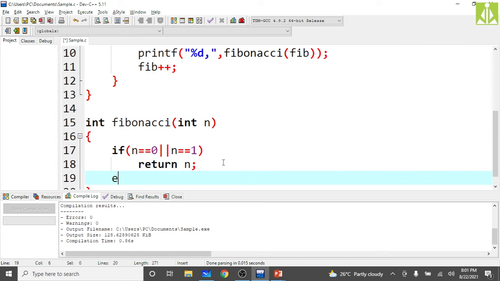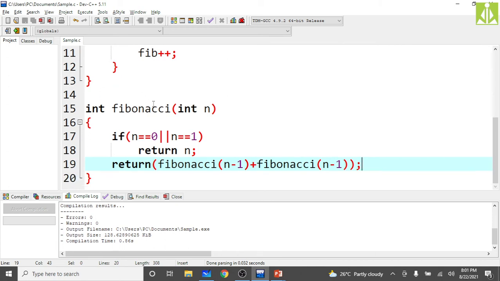Otherwise, what we have to do is return Fibonacci of n minus 1 plus Fibonacci of n minus 2, the same as whatever we have in the definition. This is the recursive call, we can say.